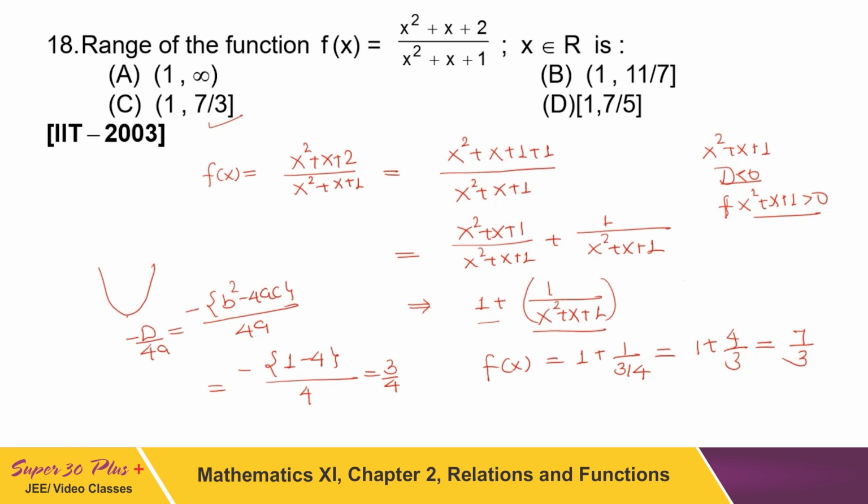And where will it be 0? When x tends to infinity, then 1 upon (x square plus x plus 1) tends to 0, meaning the range will be open at 1 to 7 by 3 closed, because it is never 1, because x is never infinite. This question came in the IIT JEE 2003 examination, and option C is the correct